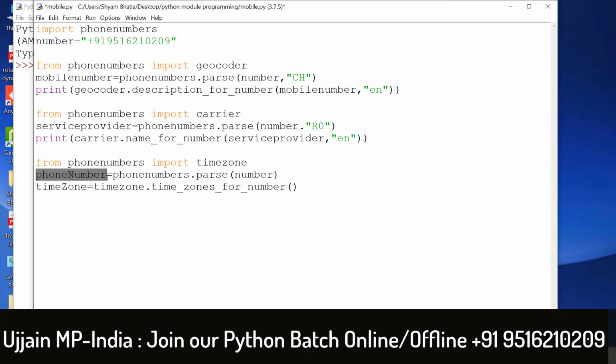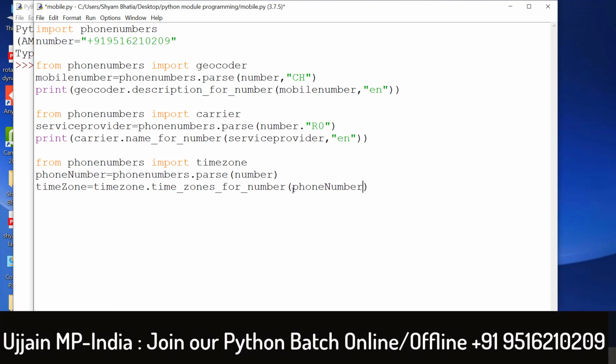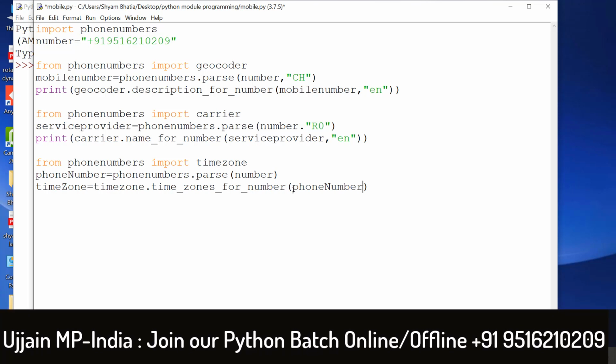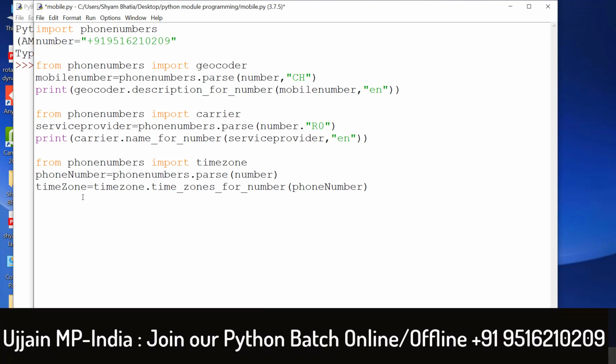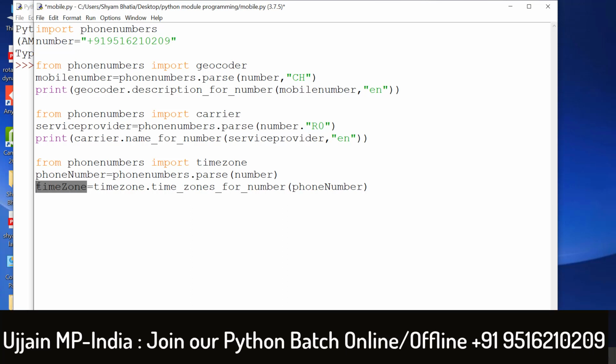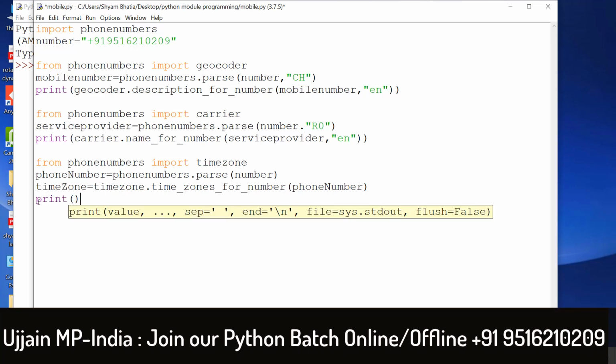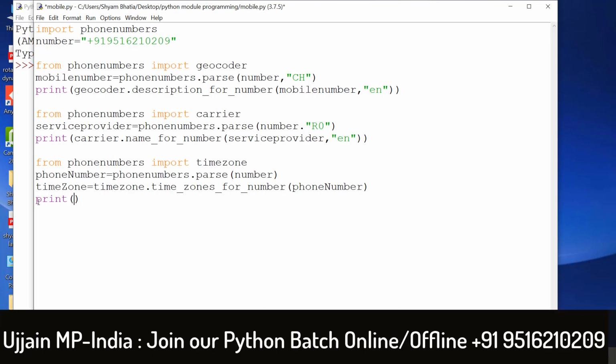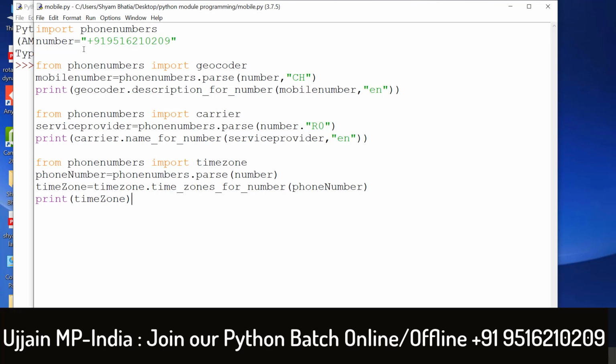Phone number, which we just used here. After doing that, just print this variable, time zone variable. Just print time zone. Okay, this is the coding part.